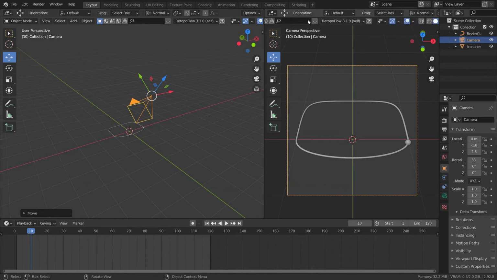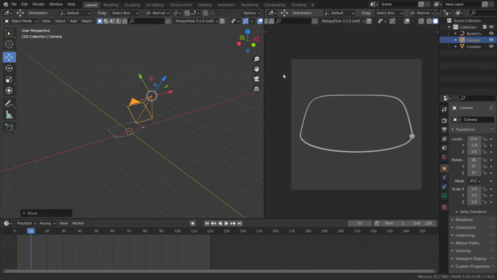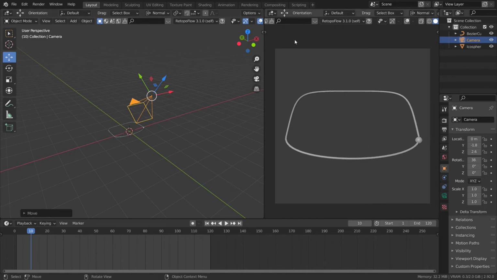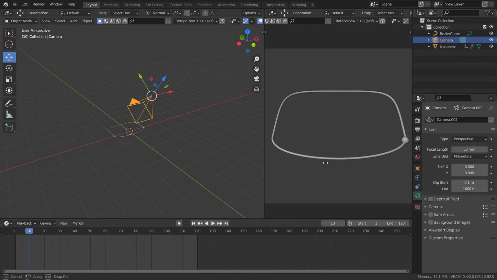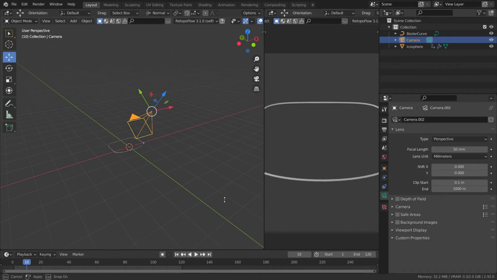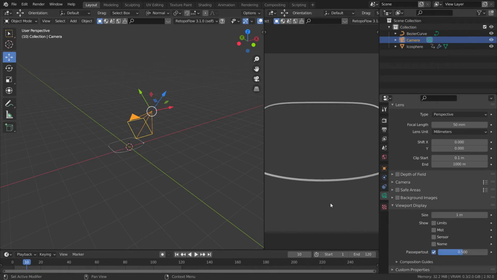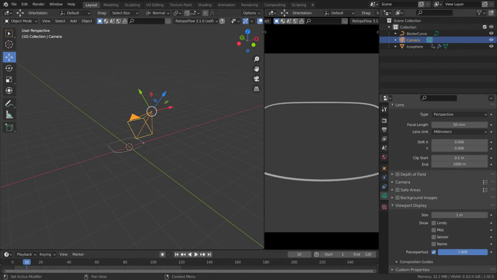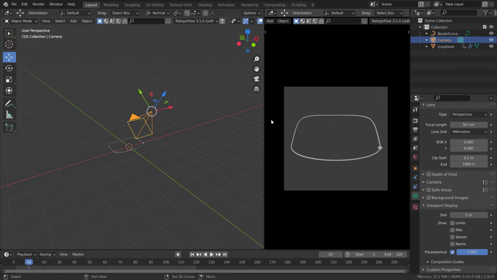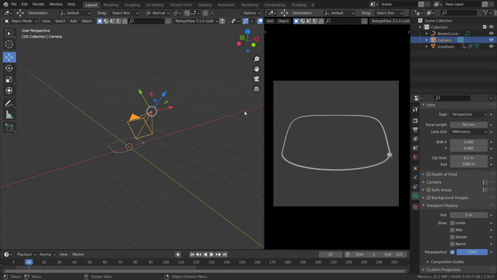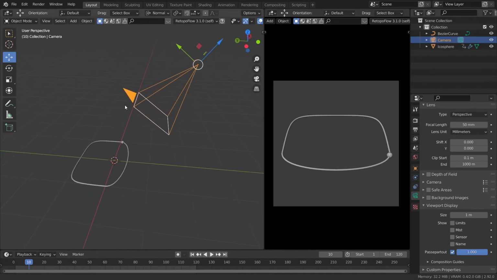Also you can go over here and remove these two options. You can press T to remove that toolbar, and you just got yourself a full camera view. You can select your camera over here and then go into camera options. Let me drag that out a little bit. Let's remove this bottom. In the viewport display there is a setting known as pass part out. Just make it 1 if you want to. It's completely optional, you don't have to do this. I just like it because it gives me the inside camera view, so do that as well if you want to.